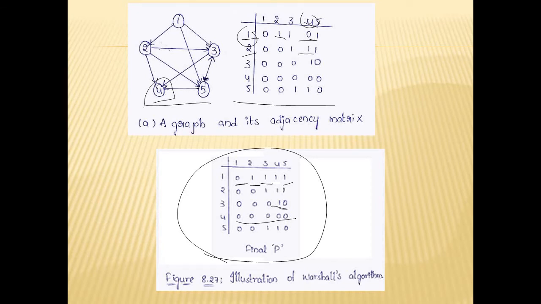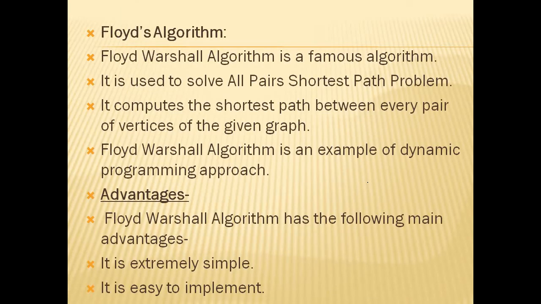Okay, simply by seeing the graph itself we'll construct this matrix. Next is Floyd-Warshall algorithm. It is a very famous algorithm, which is used to find the shortest path, used to solve the all pairs shortest path. This algorithm will work with weighted graphs. So if I want to find the shortest way to travel from one vertex to another vertex, with the help of Floyd-Warshall algorithm we can find it.